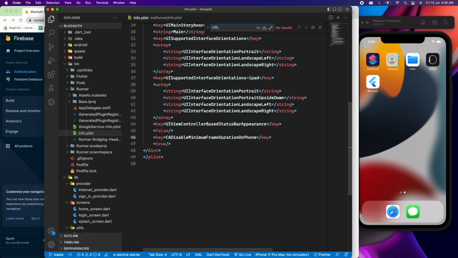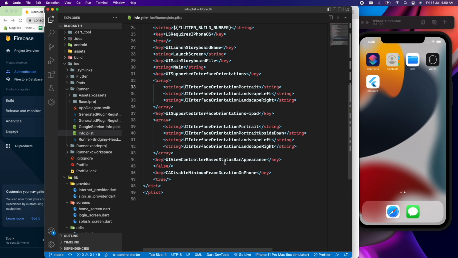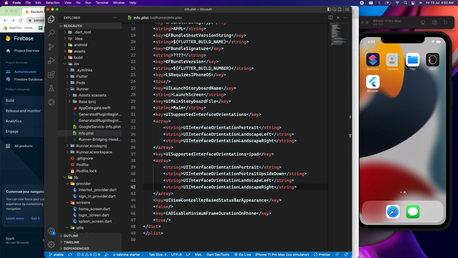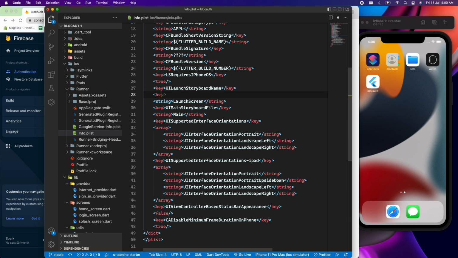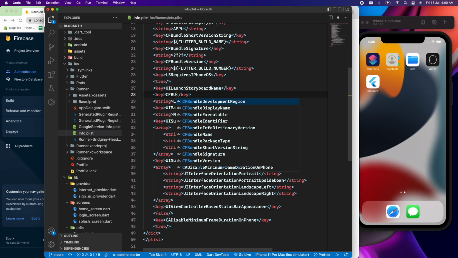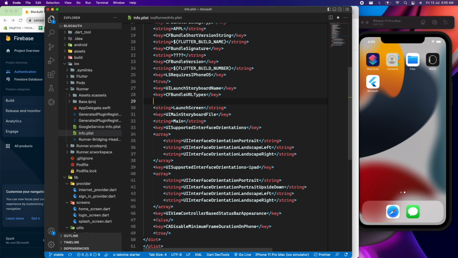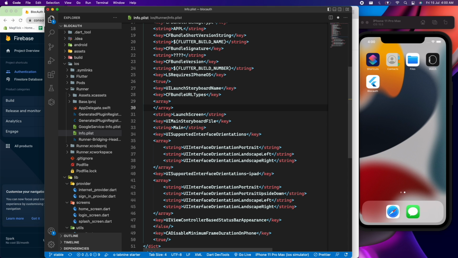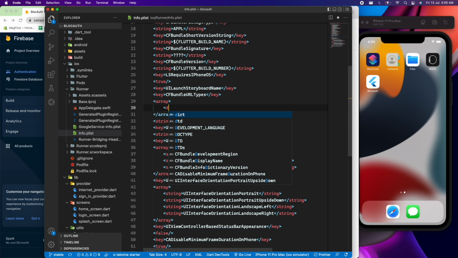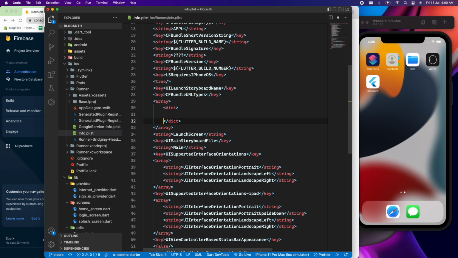Now the place where we can add this particular thing is CFBundleURLTypes. We need to search for URL types. There's nothing as URL types, so in that case we have to create our value. So what we can do here is, this can be the key CFBundleURLTypes. We can then create an array and then a dictionary, and this dictionary will have a key